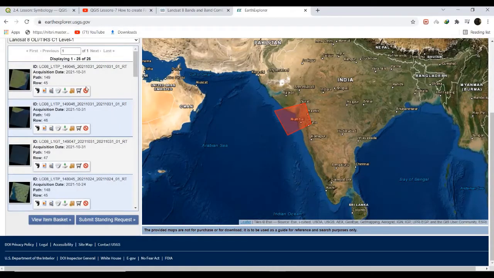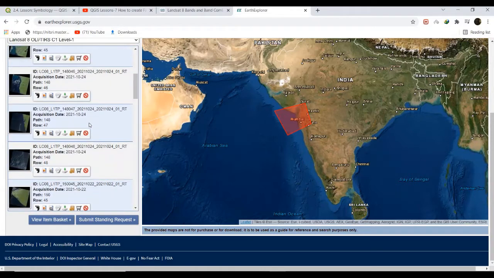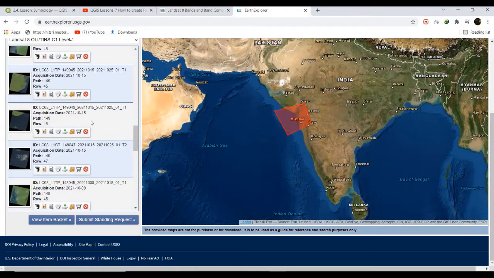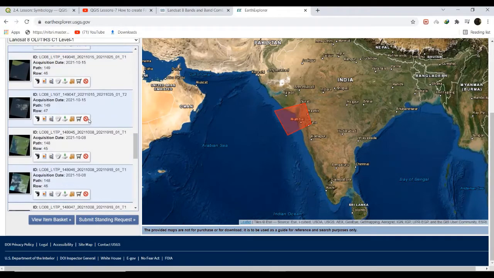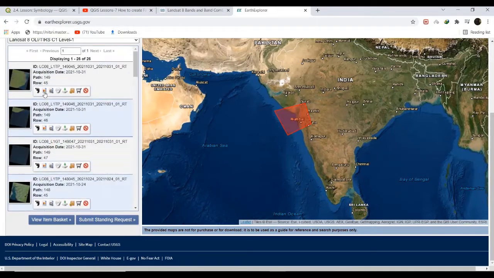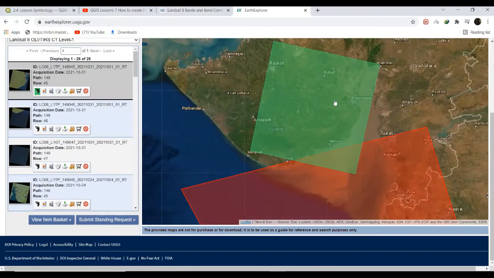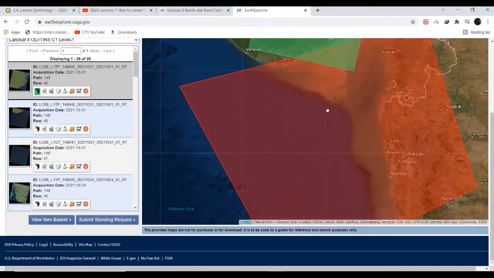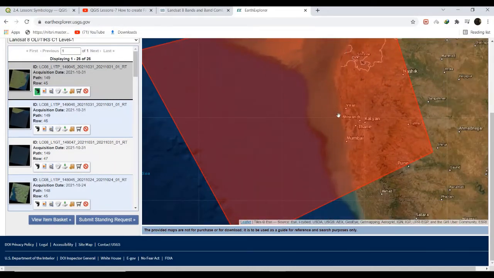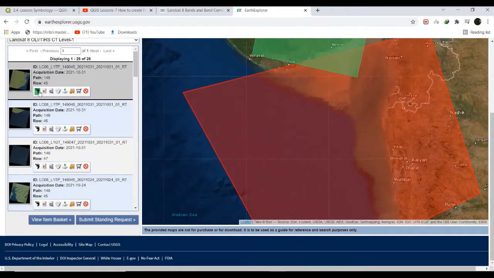So these are the results for the selected dates and selected area. After clicking footprint, we see that this tile comes under this area, that's why it is highlighted. We want data from that area, so we check which tile comes under this area.